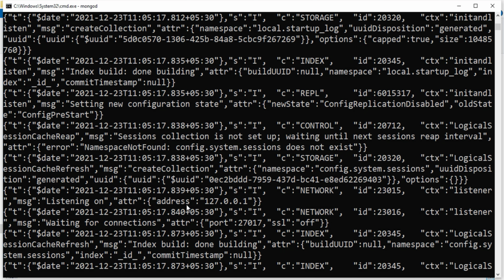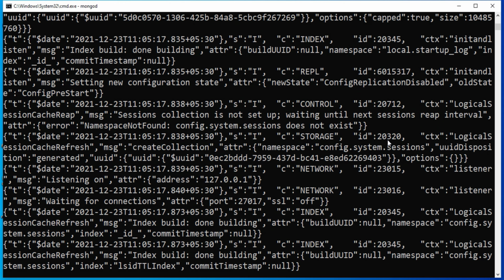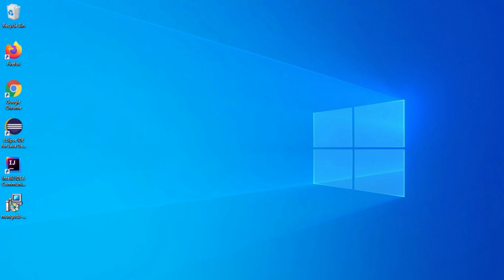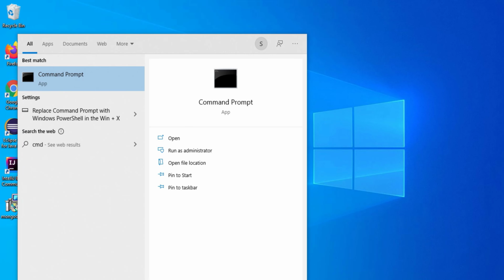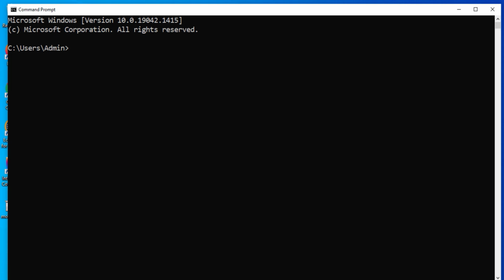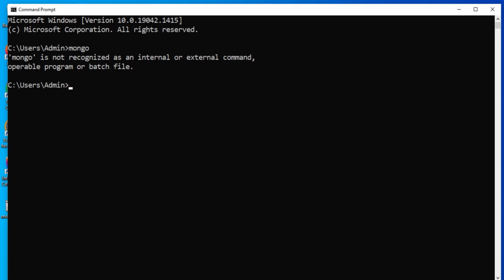No data directory found error is not there. I'll just minimize this and I'm going to open one more command prompt for using my client. So again cmd, now here you type mongo command. So mongo is nothing but shell. On this shell you can type all your commands, but it is showing me it's not recognized as an internal or